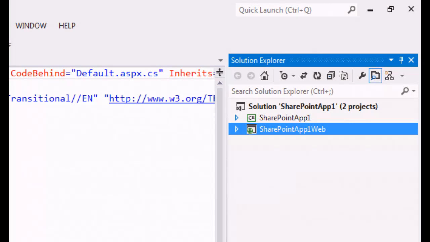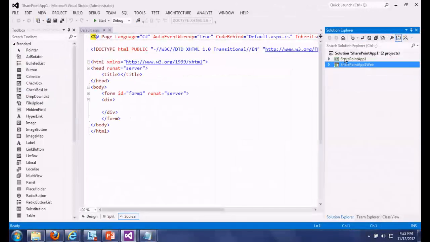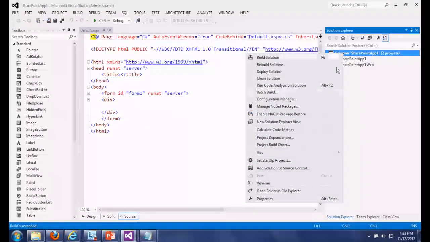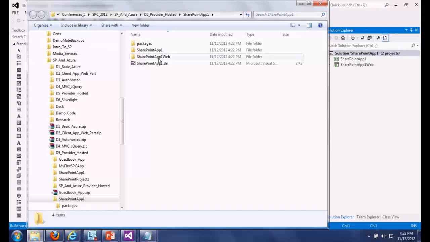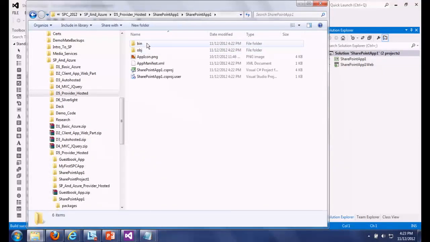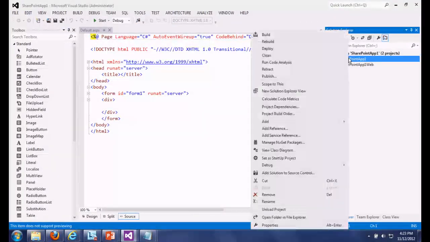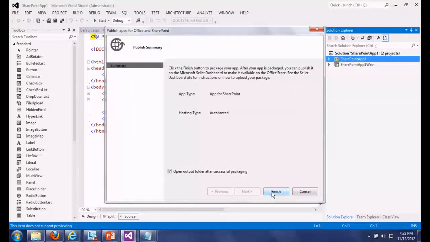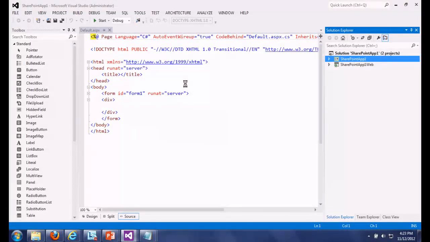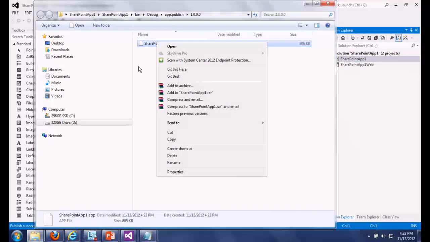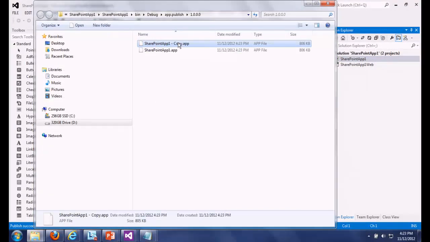Okay? What that means is if I were to go ahead and build this, all right, and it'll build, succeeded, and we'll go ahead and open this up in a File Explorer, and let's see, packages, I think it's in here, bin, debug. Actually, no, let's do this easier. Let's go ahead and publish, finish, and what this does, this actually creates the app package for us. And here, it's going to open up when it's automatically done. And I can go ahead and just change this. Let's copy and paste. Change this to .zip.